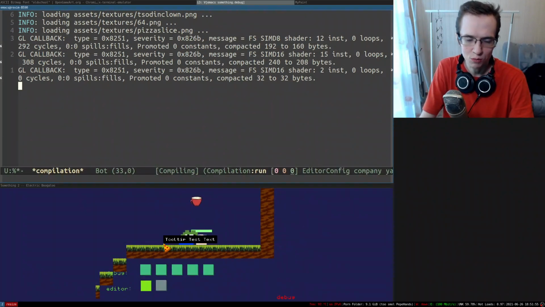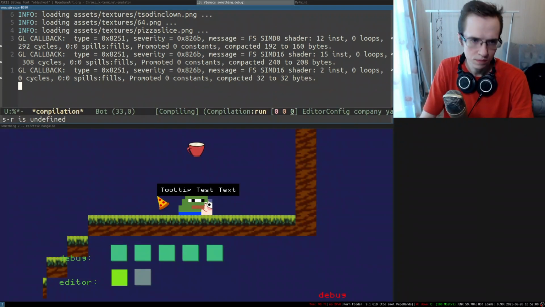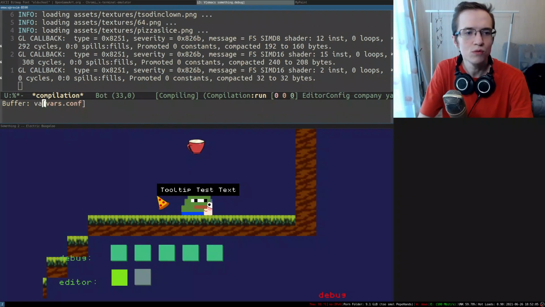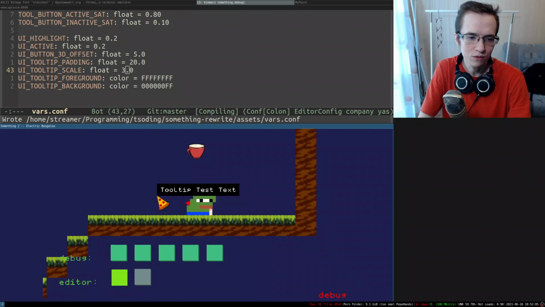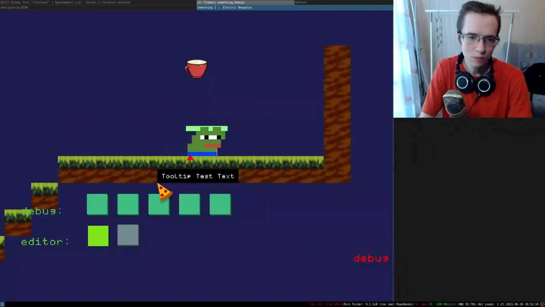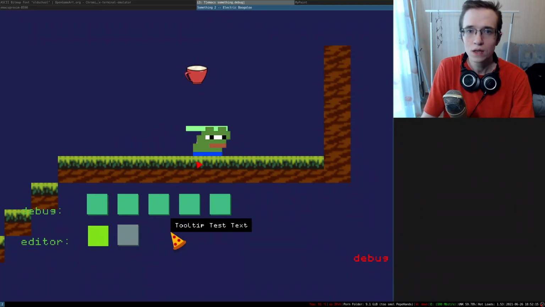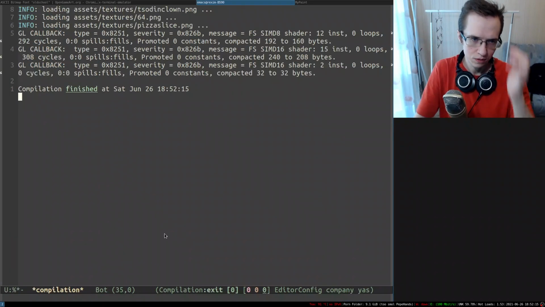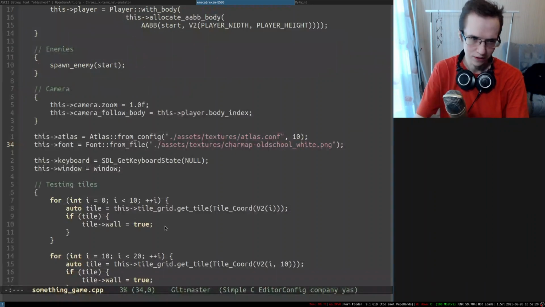I think I can make it smaller. It doesn't really need to be that big. Just a second. I'm going to go to the vars, and what's the scale? Let's make it like 3. Yeah, something around 3 should be all right. And now let's see how we can utilize that. How can we